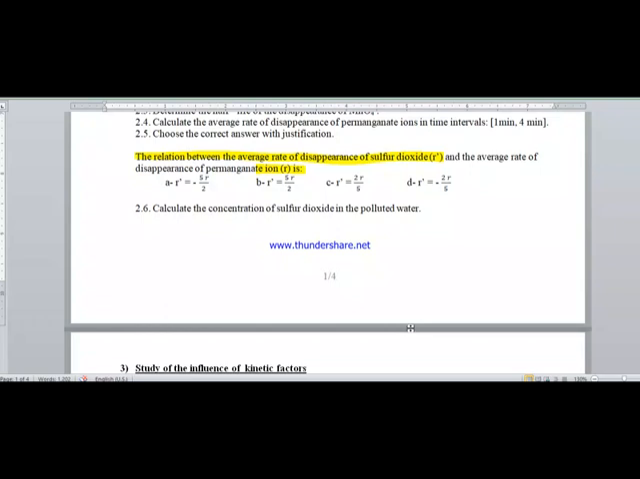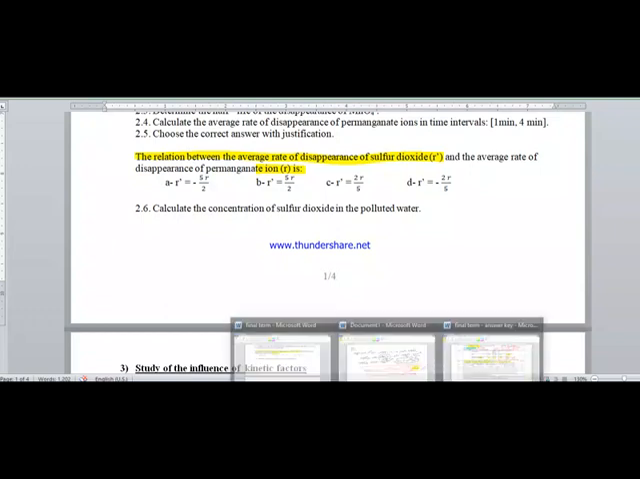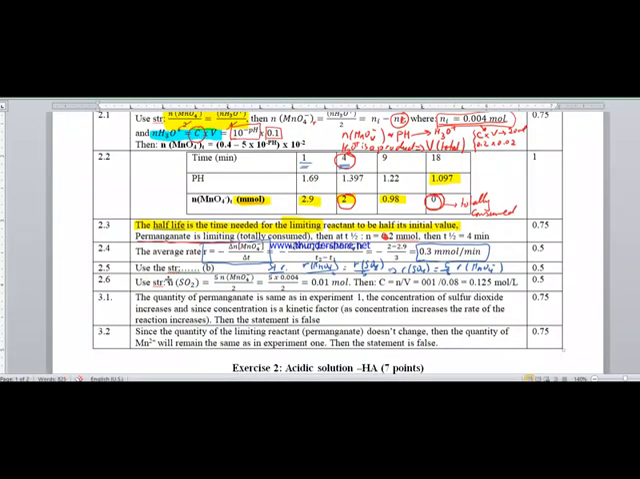Calculate the concentration of sulfur dioxide in polluted water. To calculate the concentration of sulfur dioxide in polluted water, I calculate it as follows. By using the stoichiometric ratio, since permanganate is a limiting reactant, we substitute the initial number of moles of permanganate, which was